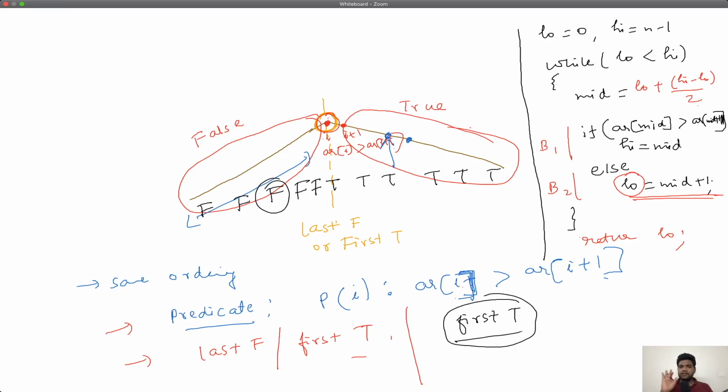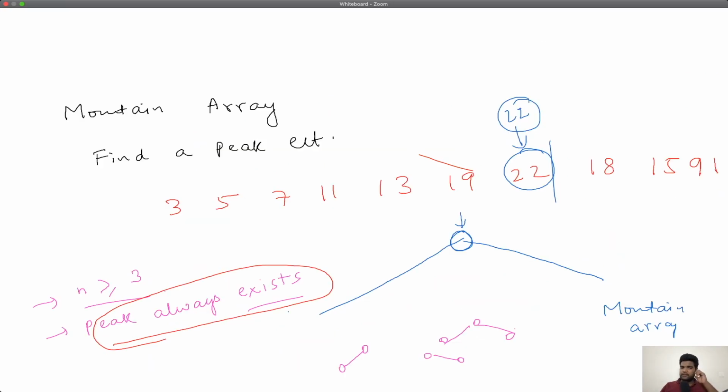Making sense? So this is like one of the problems. Let's take a step back to see the characteristics of this problem. This was an explicit search problem, because the problem statement itself gave you the search space, saying that, hey, this is the search space, the mountain array is the search space, find me the peak. So find me an item with some properties in a search space. So it's an explicit searching problem that's given in the question.